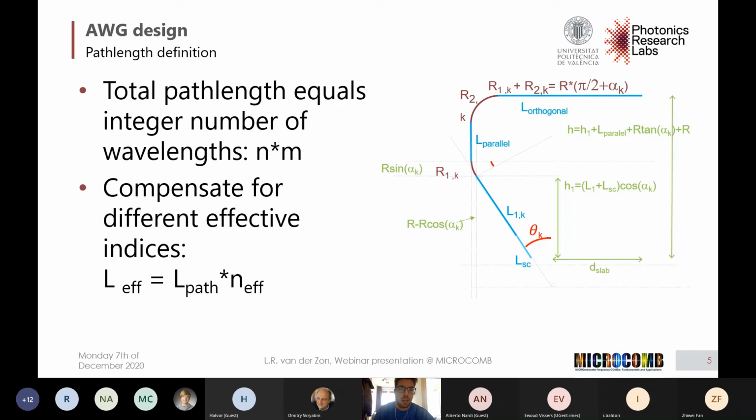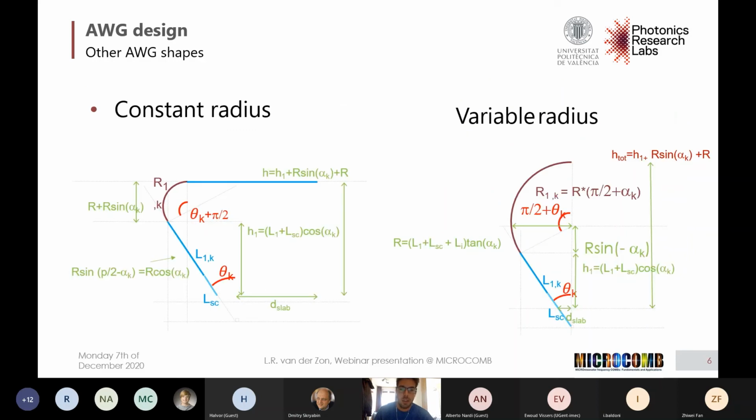It's important to note that the path length should take into account the different refractive indices for a bend or a straight path. So I defined this as the effective length, which is the path length times the effective index. And I did this for 3 different